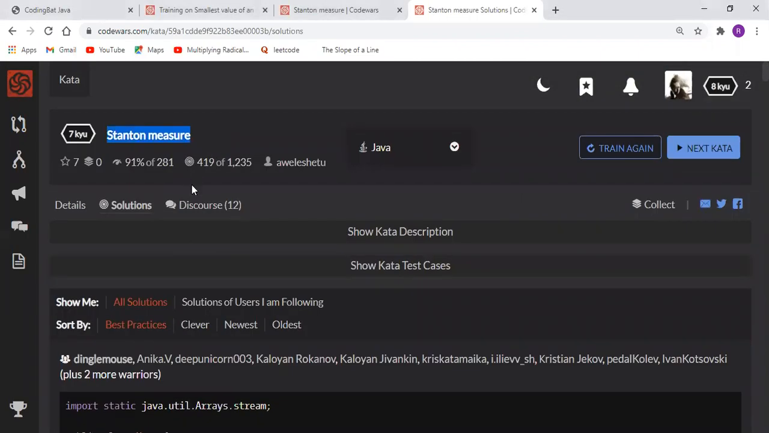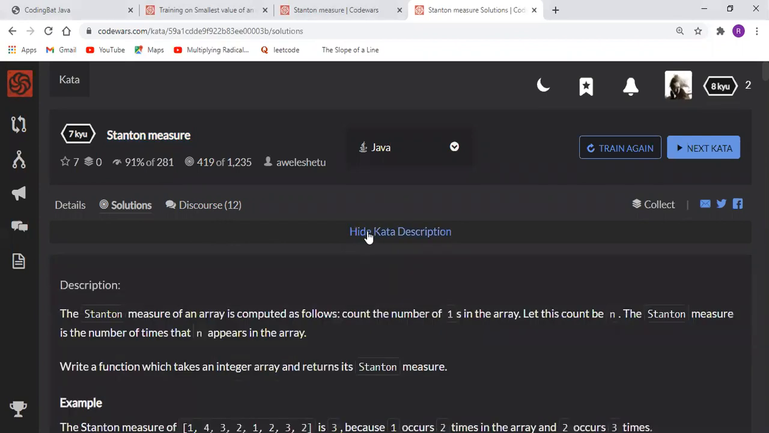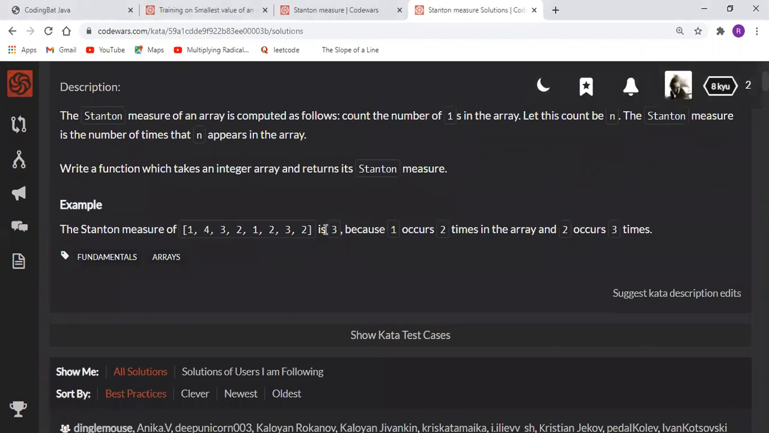Now, the Statin measure, so if we show the description of this problem here, the Statin measure is nothing but going through an array and finding how many times a 1 is found in the array. So we're going to have a count which stores the amount of ones actually included within the array itself. And after we store the count of how many ones there are, we're going to have a concrete number. And then we actually want to go back again and store how many times that number occurred. So here we have 2 ones in the array, so two would be our concrete variable,